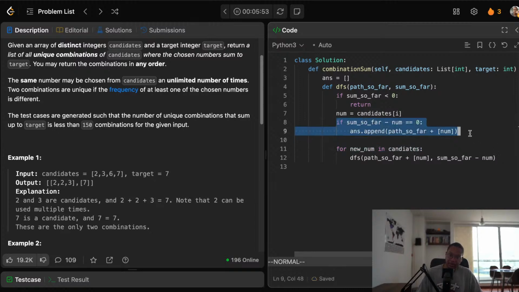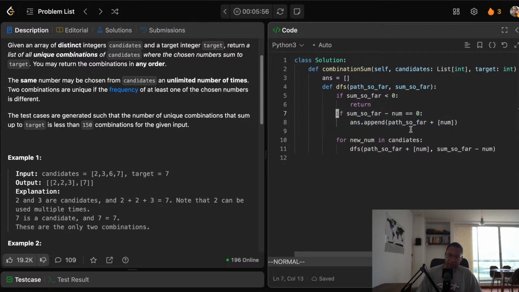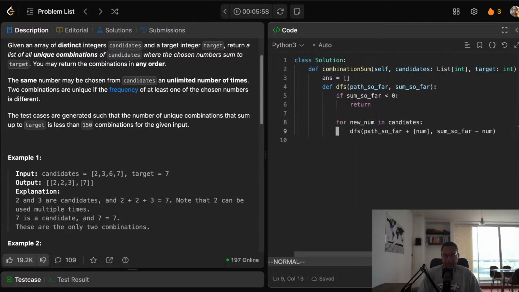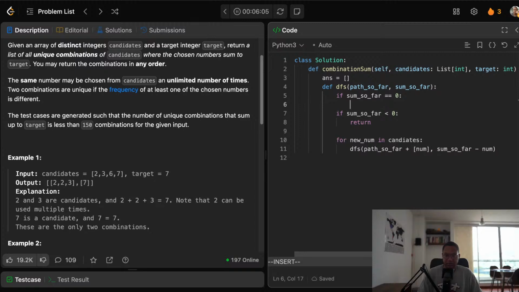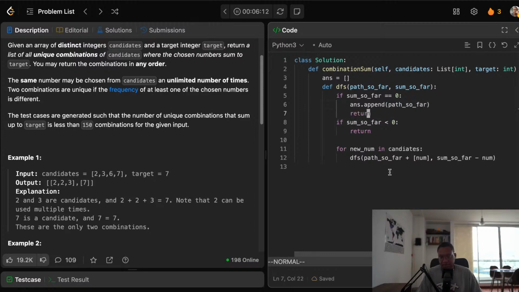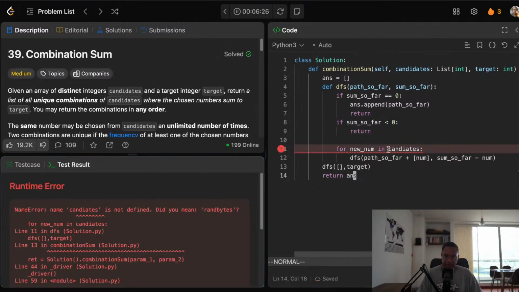Check out our new number. How about this? No. If sum so far is equal to 0, answer.append path so far, return. And then we just go through it and try every number every single time, and then do DFS with an empty target, and then return answer. This one might have duplicates too. I'm not sure, honestly, but